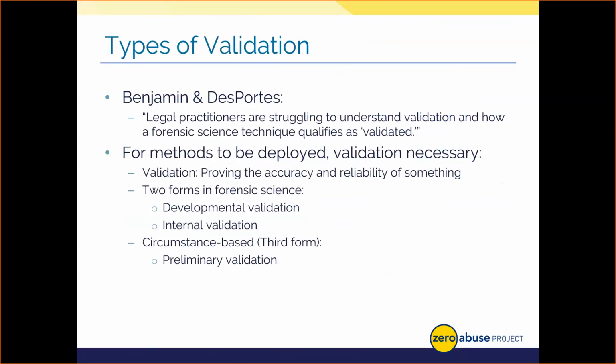Validation, for reference, refers to an individual proving that a given thing, like a piece of equipment or a chemistry or test method, is consistently reliable and able to produce the intended outcome for which it's used. Developmental validation, then, is the acquisition of test data and the determination of conditions and limitations of a newly developed method for analyzing samples. Basically, research and design companies do developmental validation and create the new equipment and methods that we use.